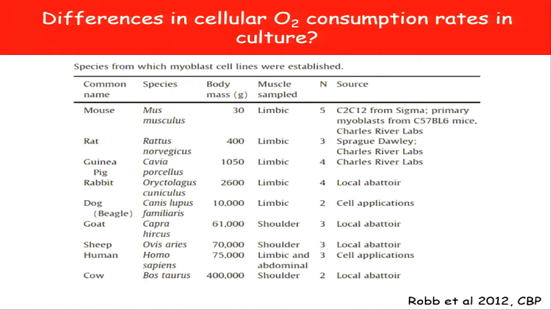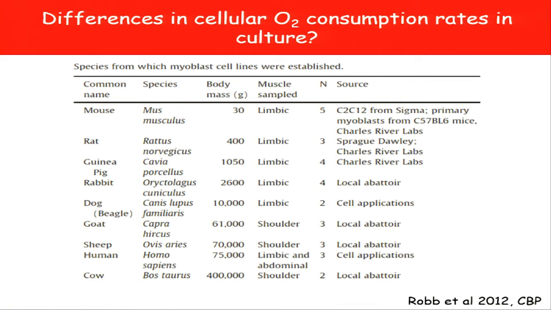There are very well-characterized pathways for upregulating mitochondrial abundance. So we went out and we collected all these myoblasts; we made primary myoblast lines from all these different animal species. And we chose myoblasts because we can proliferate them in culture, get lots of cells, and we can differentiate them into something that looks very much like a myofiber, a multinucleated, striated cell type that's capable of contraction. So we did that experiment